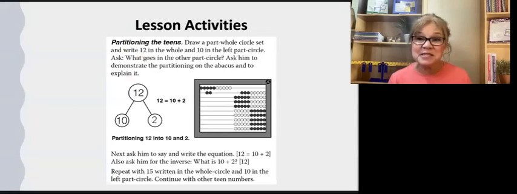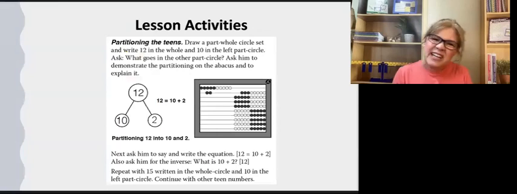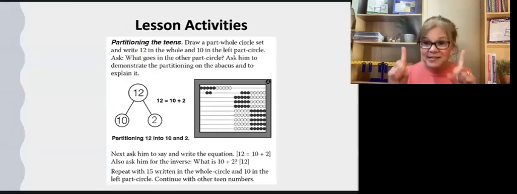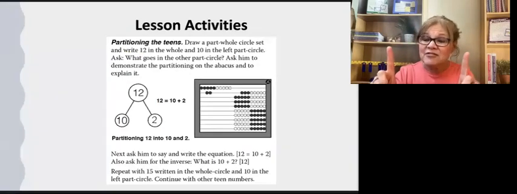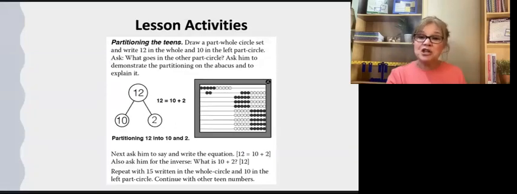Now, notice in this particular lesson, you don't see a word problem yet. So you're like, oh, do we really need to use part-whole circles? Yes, yes, you do. Don't get rid of them. Another recommendation, by the way, that brings me to another point. Another recommendation I would say is use tools and manipulatives that work for your kids, even if the lesson does not say to use them. Remember when I was telling you about the place value cards? I use them pretty much every day, even when the lesson did not explicitly tell me to.